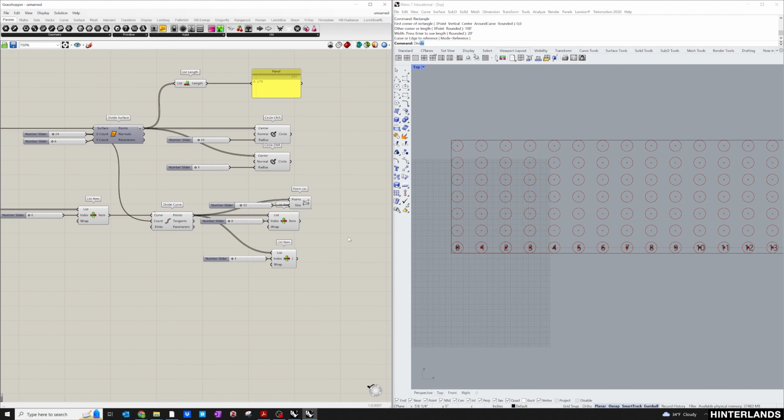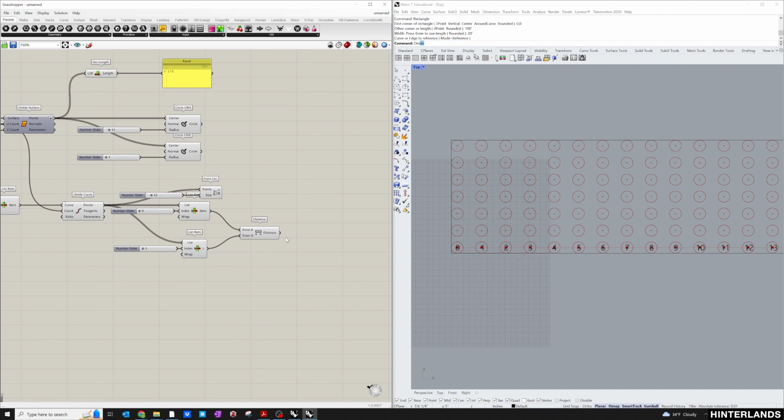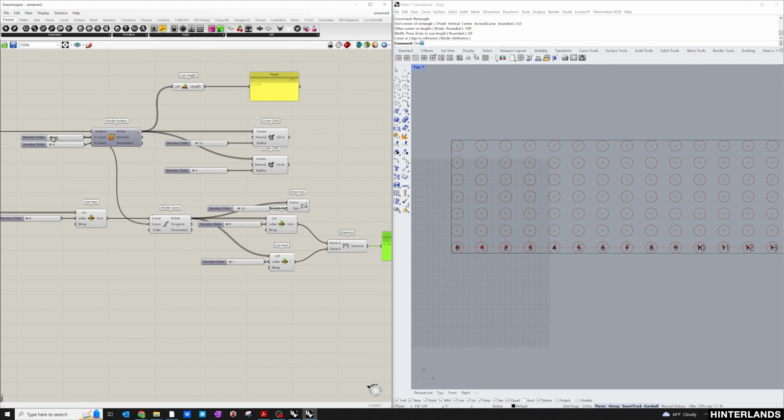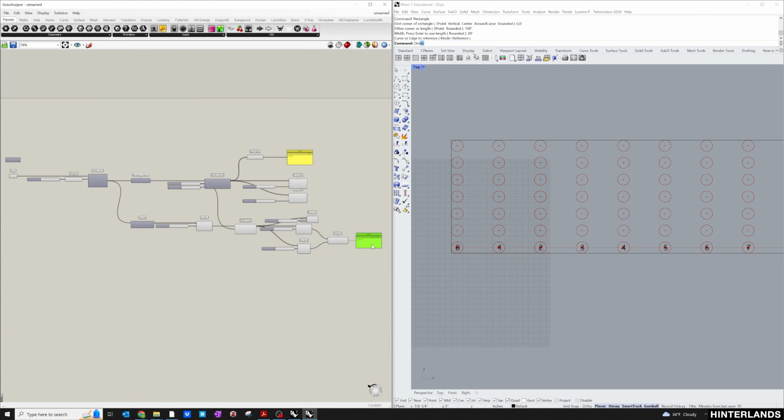Now that we have those 2 points, we simply need to calculate the distance between those 2. So point A and point B. And to visualize that display, we create a panel, connect this here, and we can see that the distance between them is 49 inches. So if we wanted to adjust that, we could go to the UCount slider here, and we might actually want to change our font settings here. Let's pump this up to 24, hit OK,